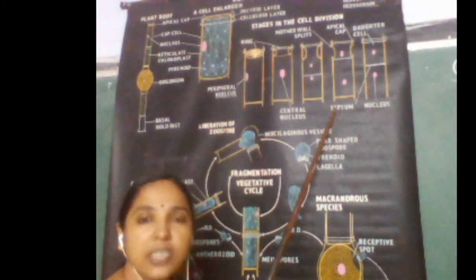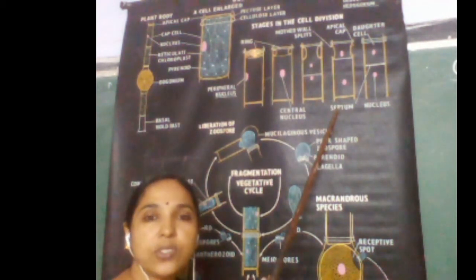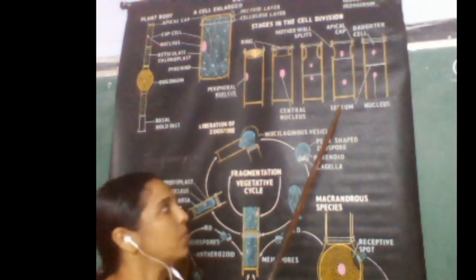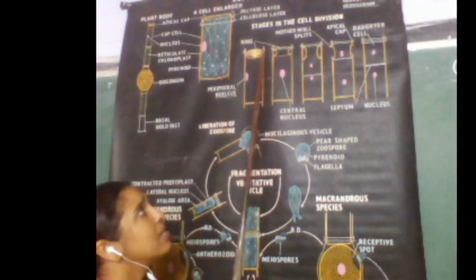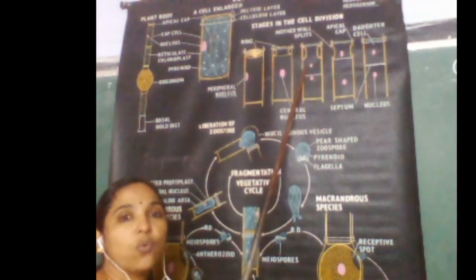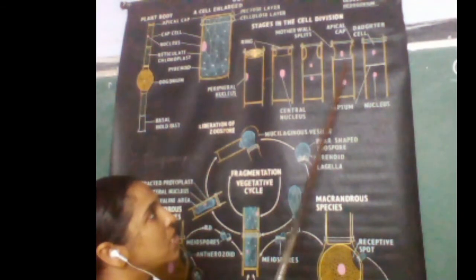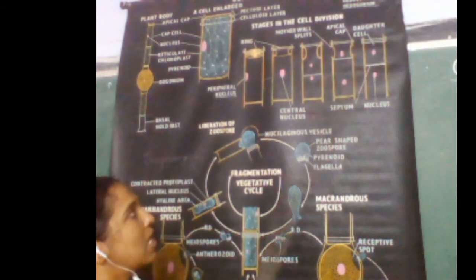This is very important and this is the peculiar feature of Oedogonium only. You cannot see this type of cell division in any other forms of algae. This is only present in Oedogonium. I hope you understood the process of cell division. Just remember like this, a ring that deepens inside, same time nucleus divides, septum formed, septum along with the nucleus move upwards, join the ring, the wall dissolves, it deepens and it forms a septum that separates into two cells. And a ring is formed at the apex, that ring acts like the cap cells. Clear? So this is about the cell division in Oedogonium.